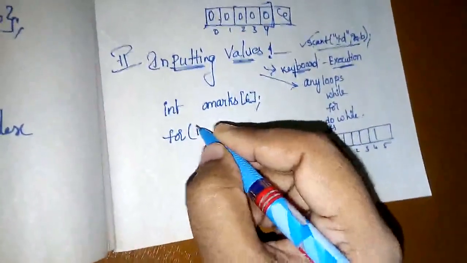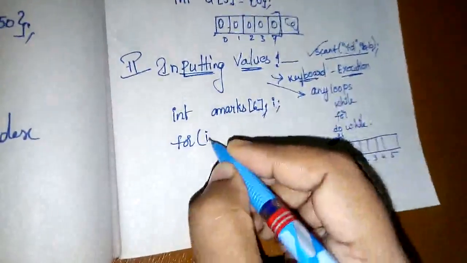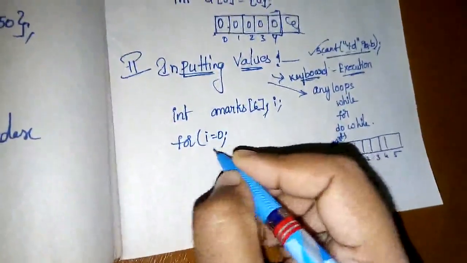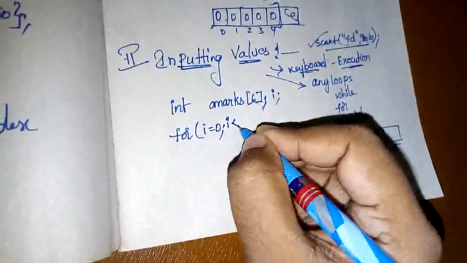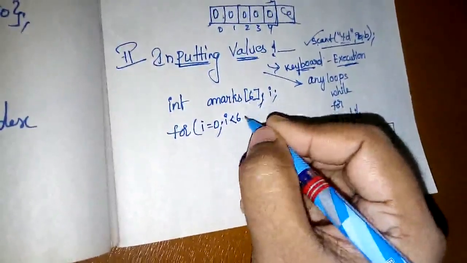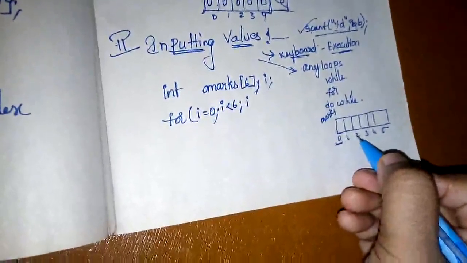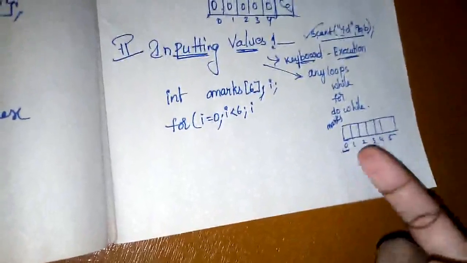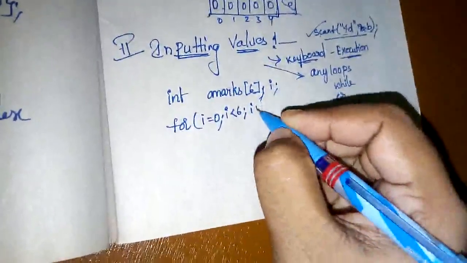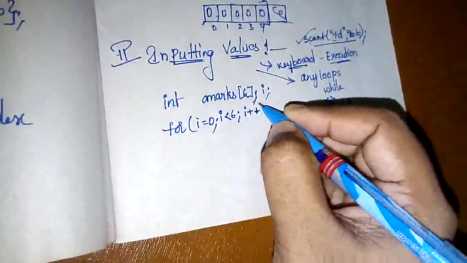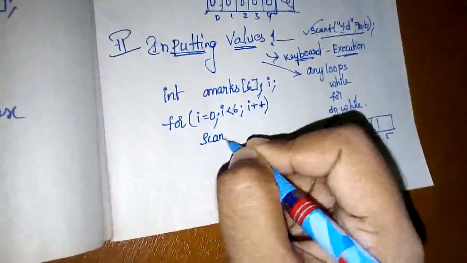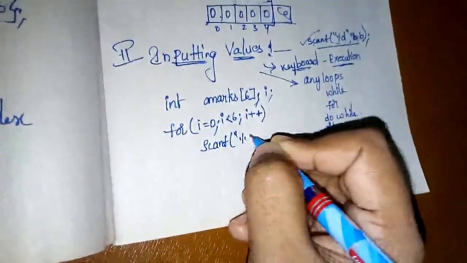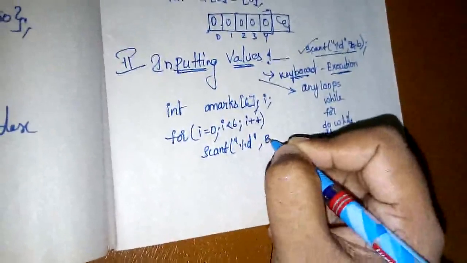So you need to define i here. So i is equal to 0. Why are we starting from 0? Because the array index starts from 0. i less than the size of the array, 6. How much do we need to increment? 0 plus 1 is 1, 1 plus 1 is 2, 2 plus 1 is 3. So a plus 1 increment is observed in the indexes. So i plus 1 or i plus plus, either of them you can use. So i plus plus, scanf %d comma ampersand